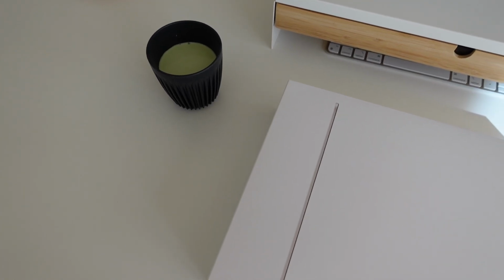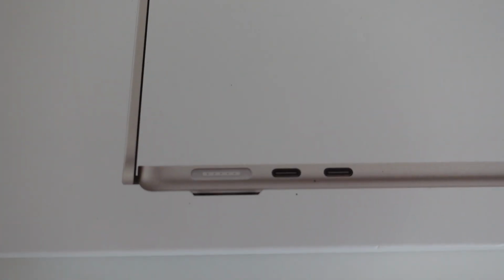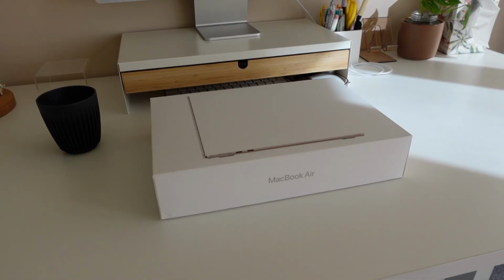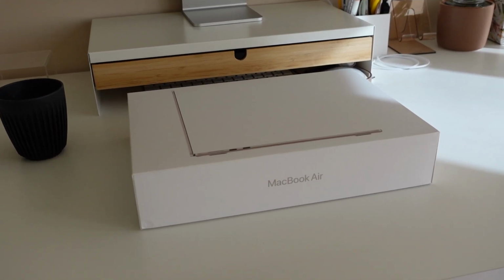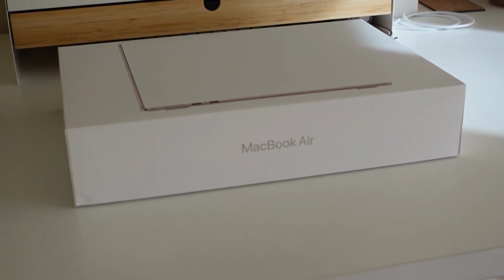Today we'll be unboxing the M3 MacBook Air in the color Starlight. If you watched my iPad Air unboxing video, I mentioned how I love the color Starlight and it is honestly just so pretty. So for some context, my last MacBook was a 2021 M1 MacBook Pro in the color Space